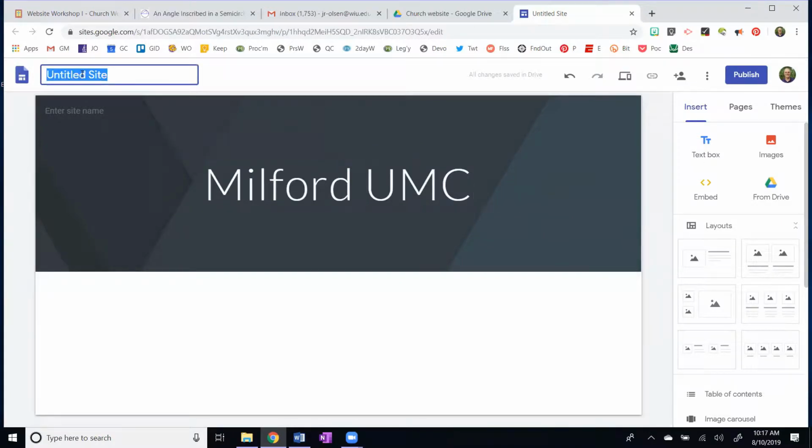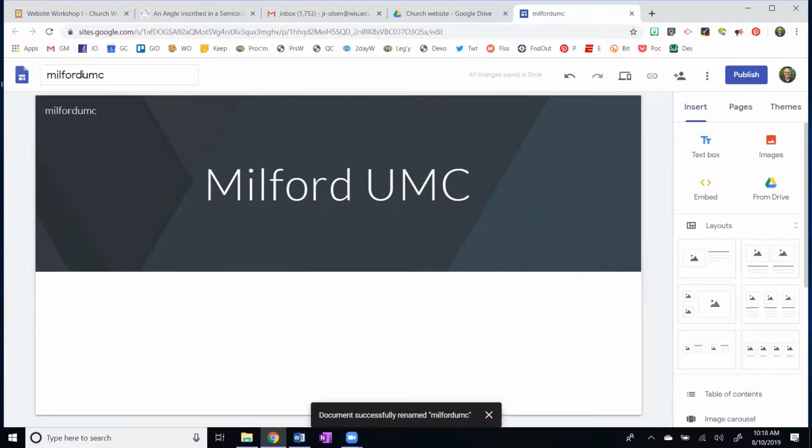Now let's click up here in this upper left-hand corner, and this is going to be like the file name, okay? And I think I'm going to put Milford UMC with lowercase and no spaces, and I might decide to change that later. So this is going to be my opening page.